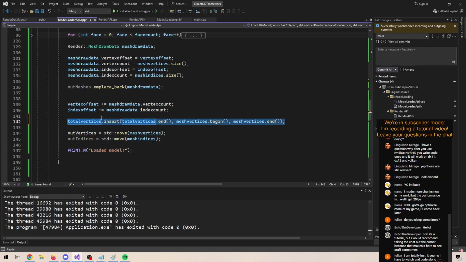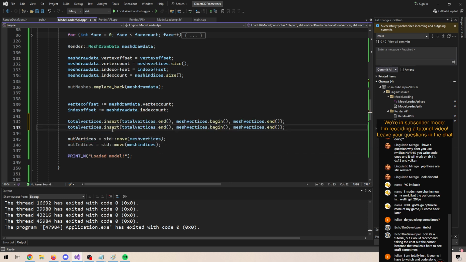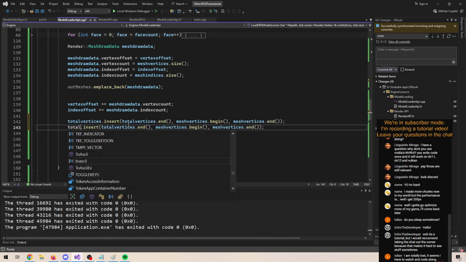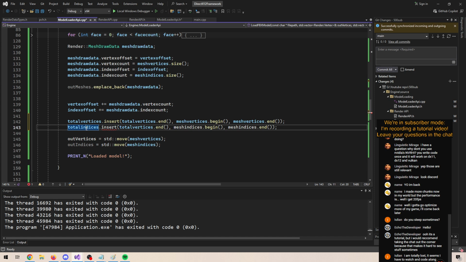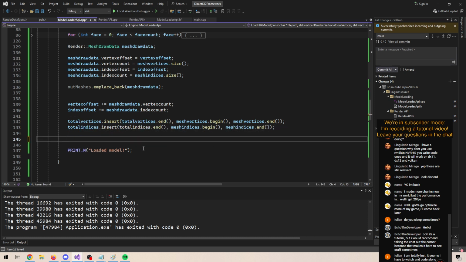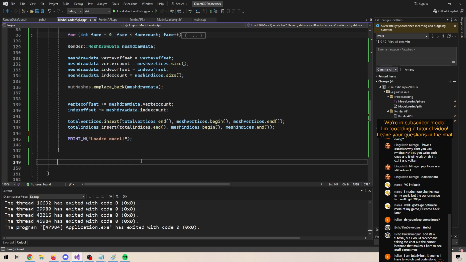Right, and let's duplicate that for our total indices, and let's do mesh indices. There we go, and this should actually